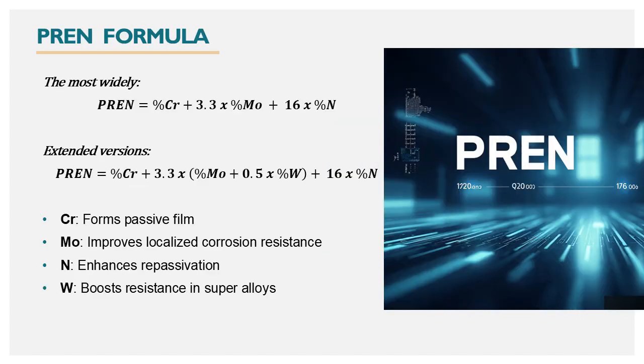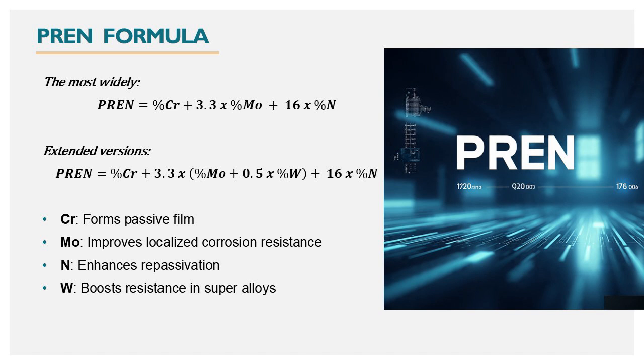The PREN formula. The most widely accepted formula is: PREN equals percentage of chromium plus 3.3 times percentage of molybdenum plus 16 times percentage of nitrogen. For the extended version, use the formula: PREN equals percentage of chromium plus 3.3 times percentage of molybdenum plus 0.5 times percentage of tungsten plus 16 times percentage of nitrogen, where